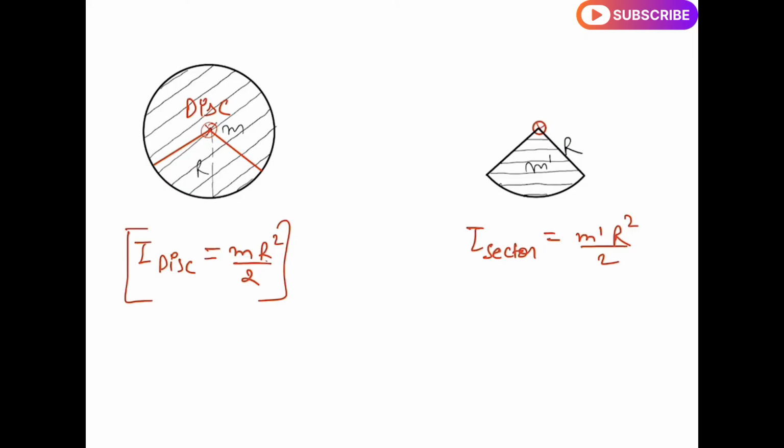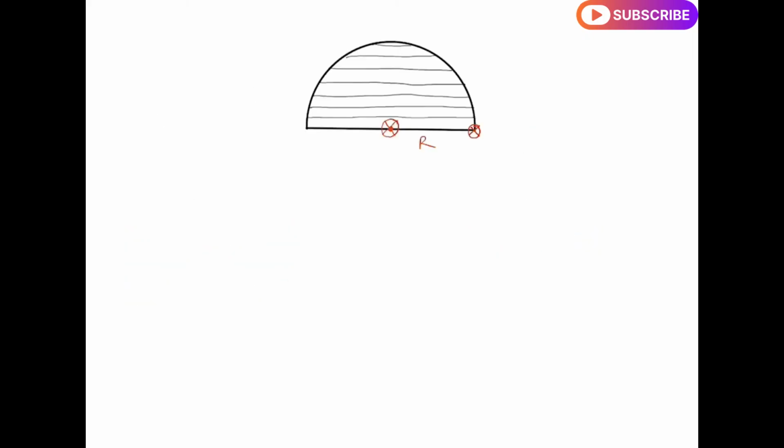You can see that. Now, let us take one more example. There is a semicircular disk whose radius is r. We have to find out the moment of inertia of this disk about this axis. This is axis 2 and this is axis 1. So we can see that for a complete disk